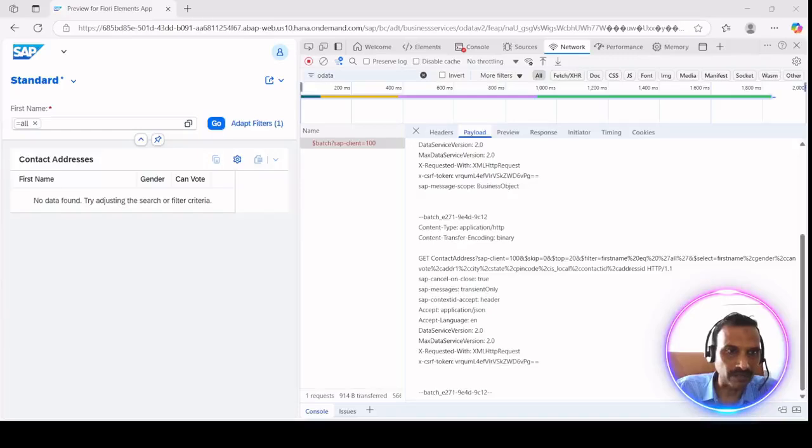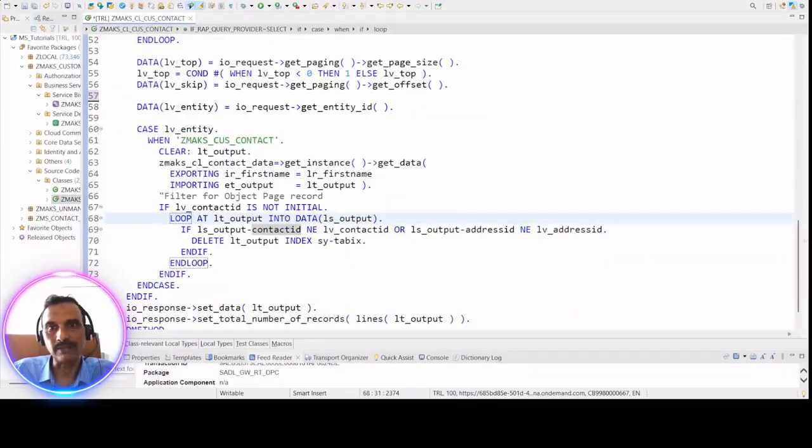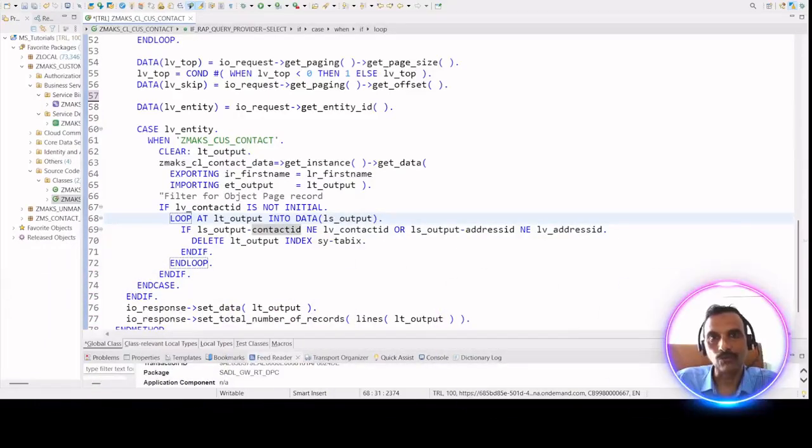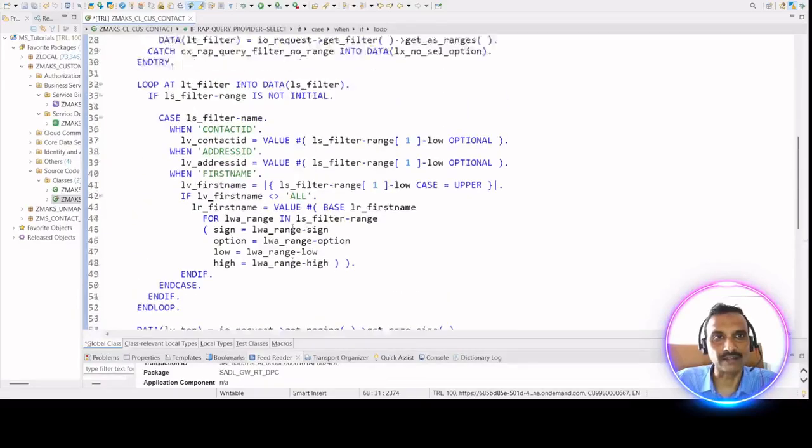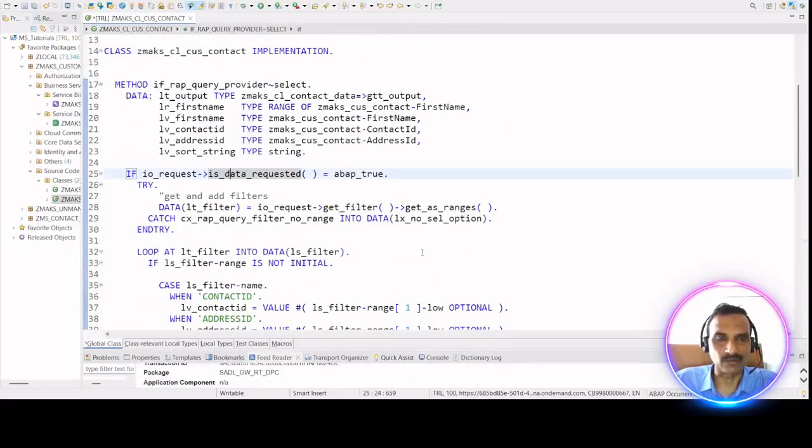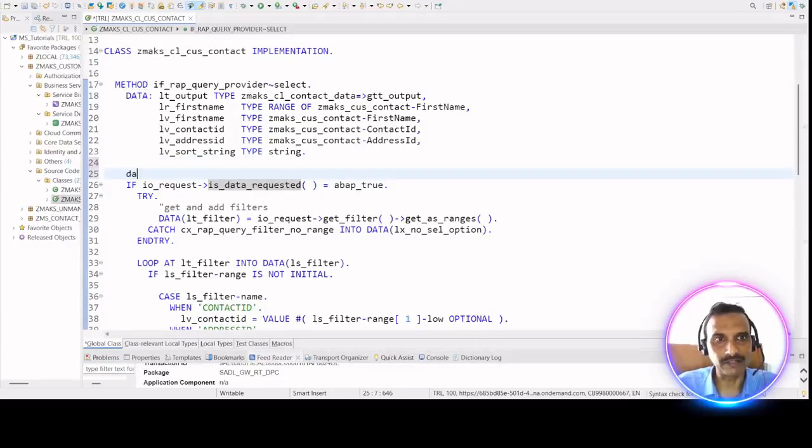Let us now go to our Eclipse and start doing the changes there. So what we have to do first is cater to these requests. And it will be called twice, guys. Two times it will be called. So let me define two variables. LV, I will say count requested